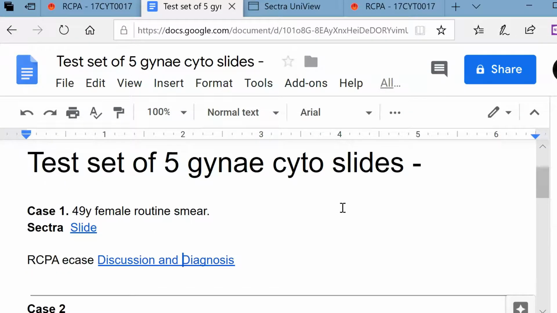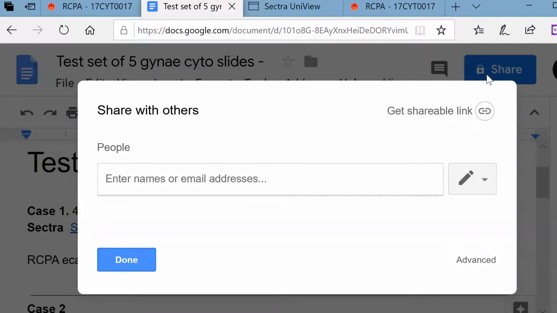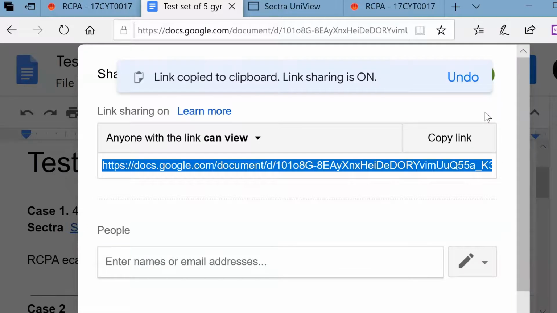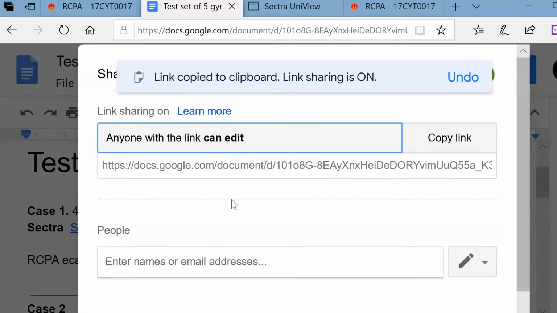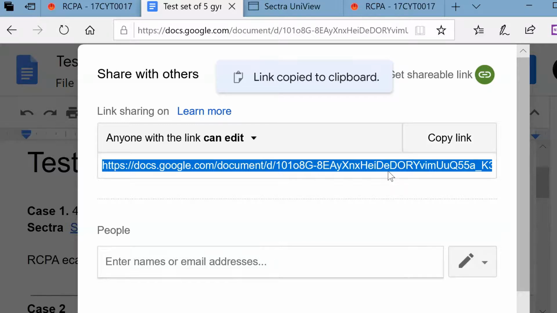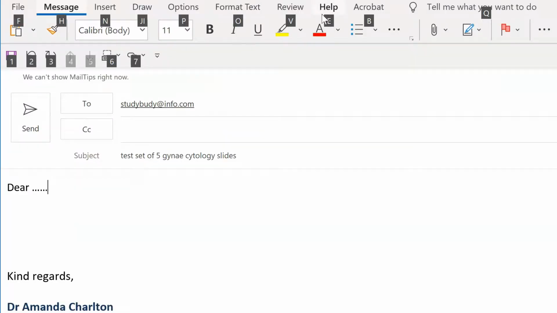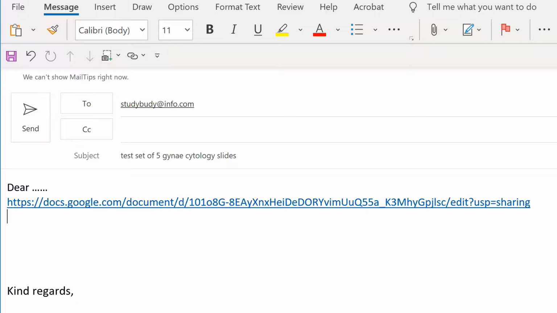Now I want to share this document with others. So I click the share button, and I want to get a shareable link. Here it is, and I want to make sure that I select anyone with the link can edit, and I'm going to copy the link. It's already copied here, and then I'm going to paste it into an email. You can see I've opened up my email account, and I'm just going to Control V, paste in the link